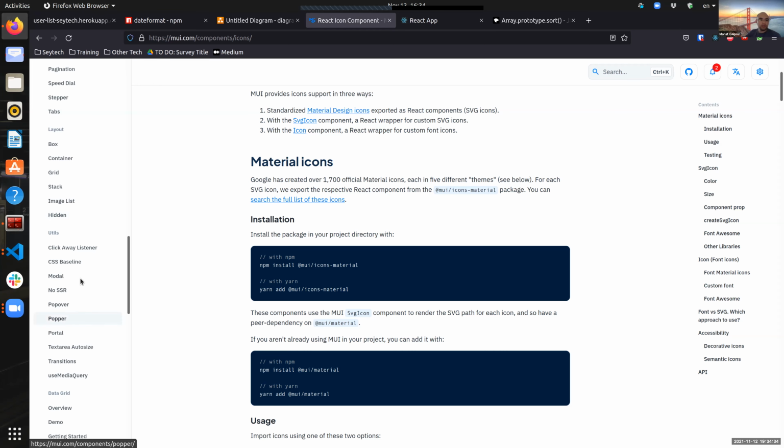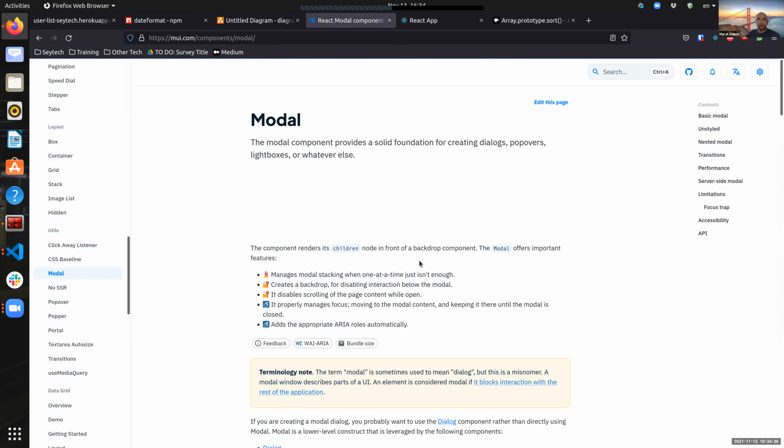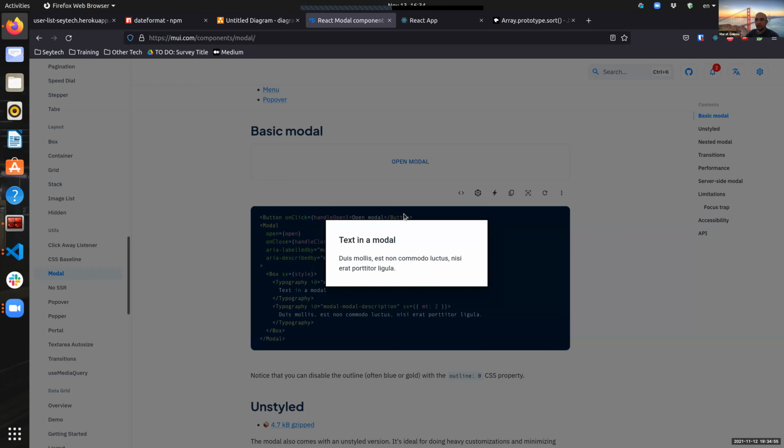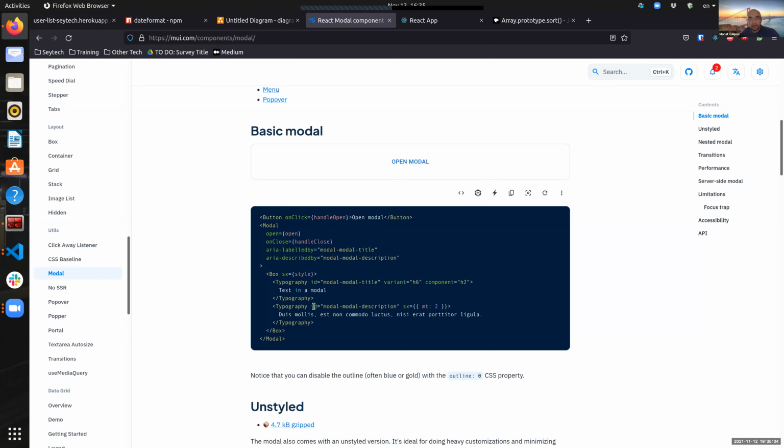So modal, for those who don't know, you should know all this terminology, right? Your designer will come to you and say, hey, Ella, can you develop me a modal? And you should not ask what does modal mean. You should be like, oh, okay, modal, no problem. And a modal is something like this, right? This is a modal. You see, it goes on top of the content of the screen. So cool. We have to build that modal,